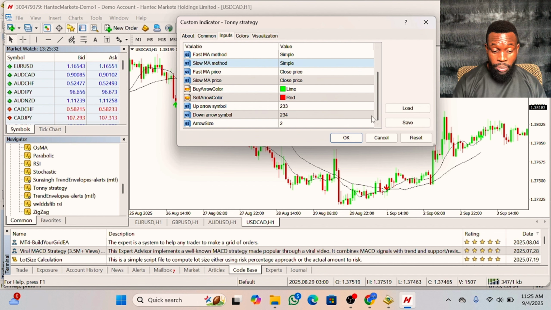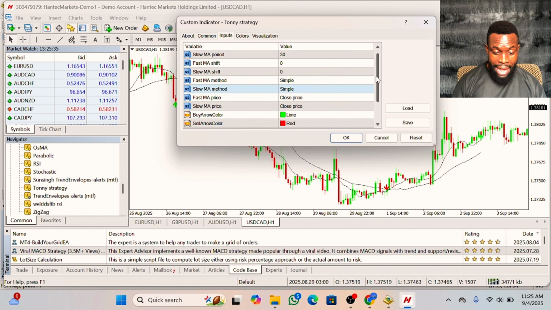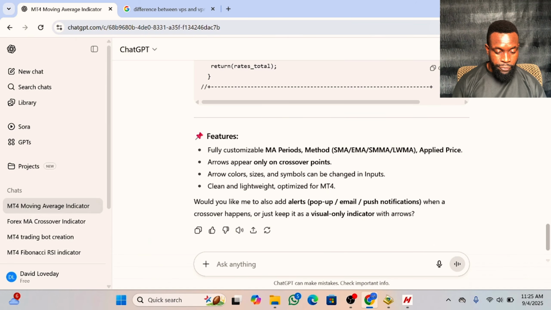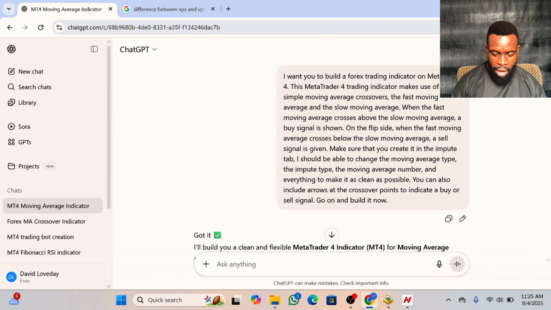There is something I observe here. The two moving averages have the same color, and in the input, there is no place to change the colors. So I want to correct that error as quickly as possible before we proceed. So we can copy our previous